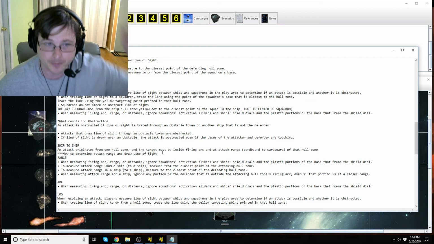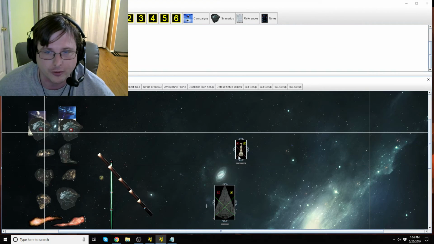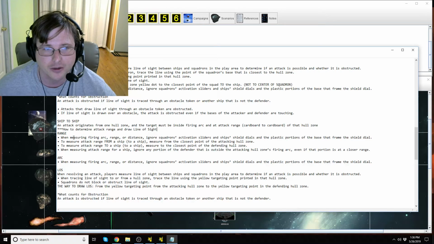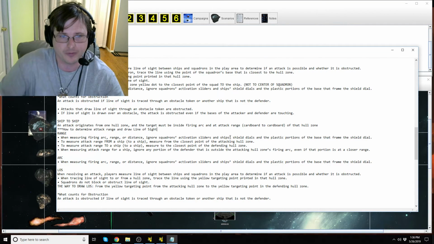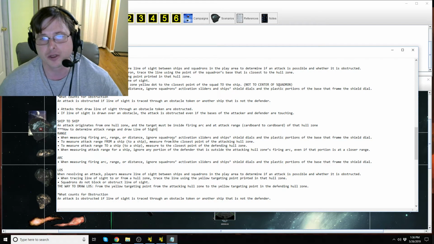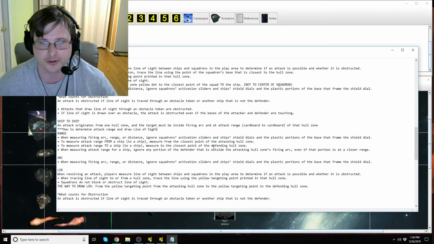for ships, remember when you're doing an attack, you need to make sure you're in range, and you have line of sight, and it's an arc. Let's talk about when measuring firing arc, range, or distance, ignore squadrons, activation sliders, and ship shield dials and plastic portions of the base that frame the shield dial. We've covered that. To measure attack range from a ship to another ship, you measure from the closest point of the attacker's hull zone,